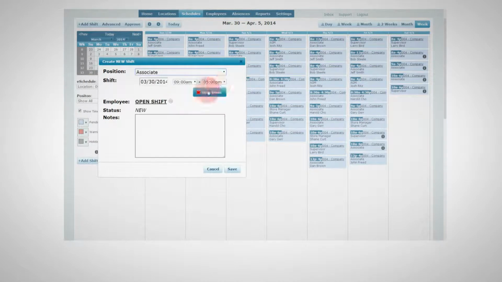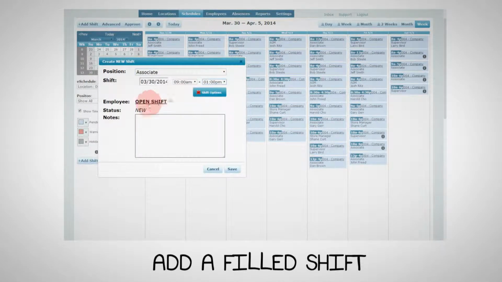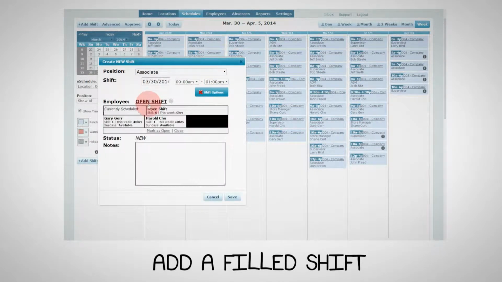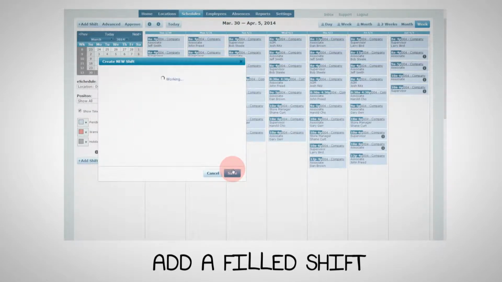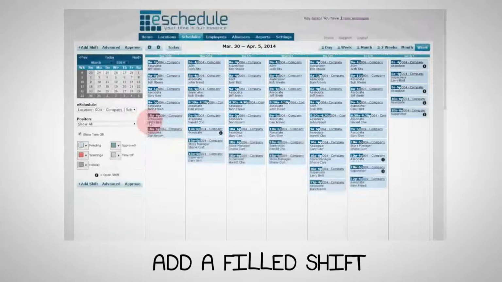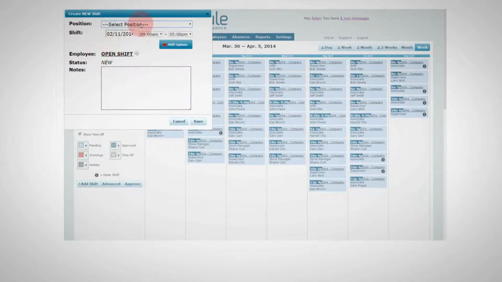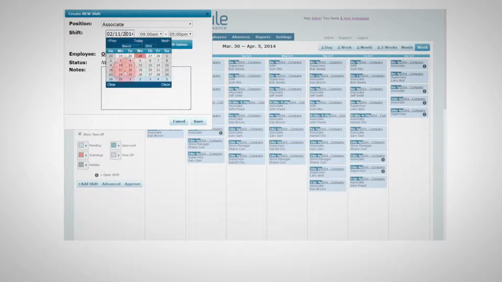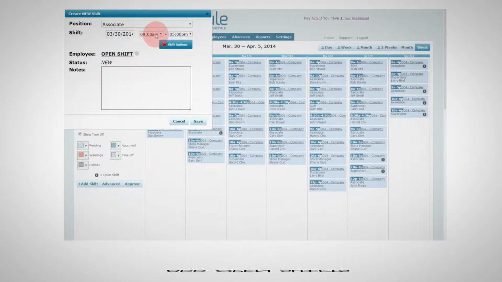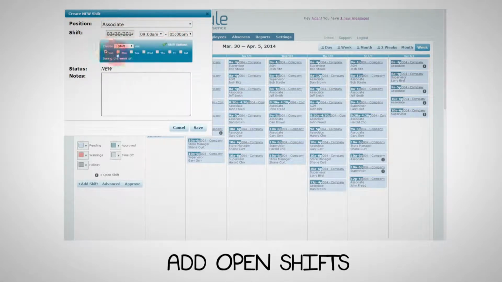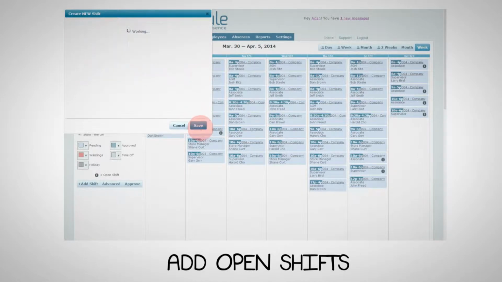If you need to create additional shifts, you can click in the blank space on the day you want to add a shift to. This brings up a window that lets you select all the shift information, and if you click Open Shift, the availability algorithm will run and determine which employees can be scheduled. Click Save to place this shift on the schedule. You can also bring up the Create Shift window by clicking Add Shift on the left side. Here you can create multiple open shifts throughout the week by clicking Shift Options and selecting which days to add